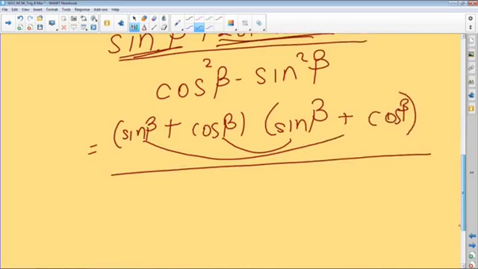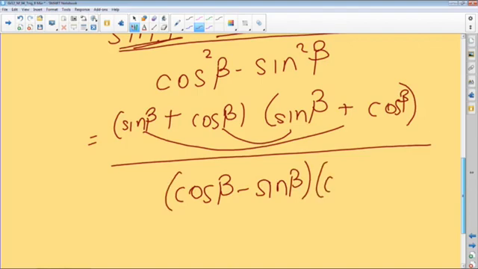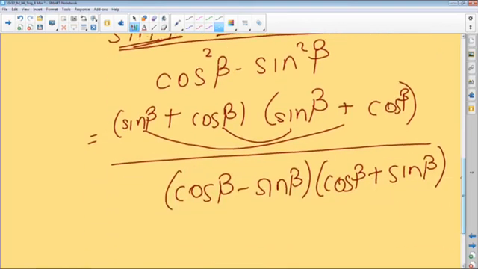All right, at the bottom, cos squared beta minus sine squared beta, that's a difference of squares. So it's the square root of the first term minus the square root of the second term times the square root of the first term plus the square root of the second term. And then you look at that and you get really happy because you can see that you've got common factors in the numerator and denominator. And I know all of you love doing this. You can cancel those common factors. They divide out to give you 1. So overall, you're just left with sine beta plus cos beta